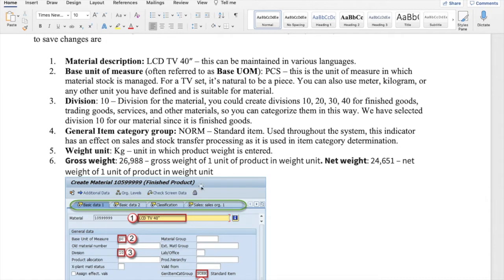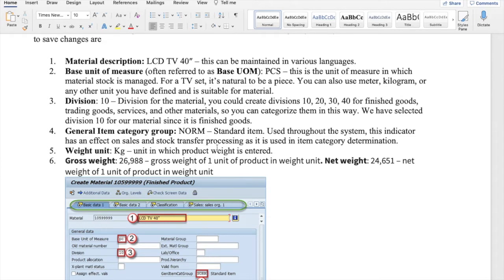Then another important, mandatory field is the general item category group. It defines how this item is going to be used throughout the organization, for the purpose of either stocking the material in one place or transferring it from one factory to another, or one business to another, and how the price will be ascertained.